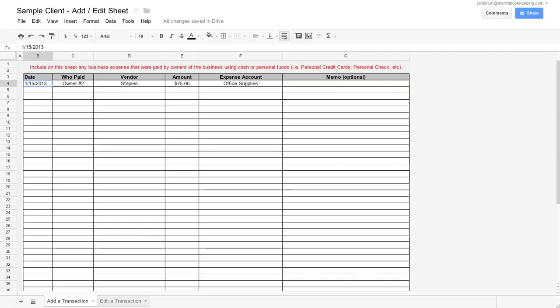It doesn't really matter if it was paid for with cash from the owner number 2 or their personal credit card. That doesn't matter. We just need this information right here, and then you can put a memo if you'd like. Another example might be,